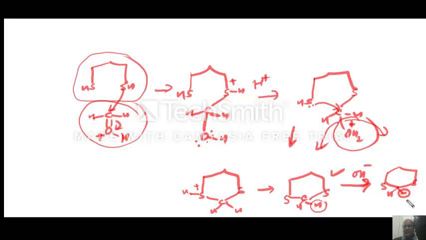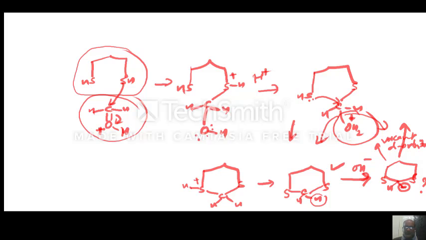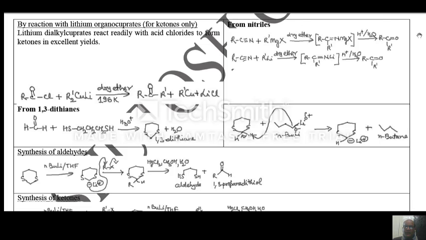Now you will say that this shall be a very kind of unstable system, right? But the thing is that you have a minus charge, you have a sulfur, and sulfur has vacant d orbitals. Okay, so they have vacant d orbitals. So they can be kind of accommodated in these two sulfurs. So that way the carbon minus charge becomes very stabilized, and also becomes unreactive. It becomes stable, right? So coming back to our thing,